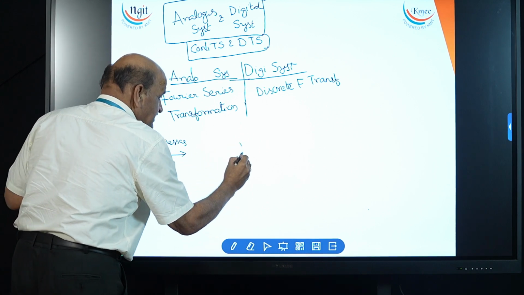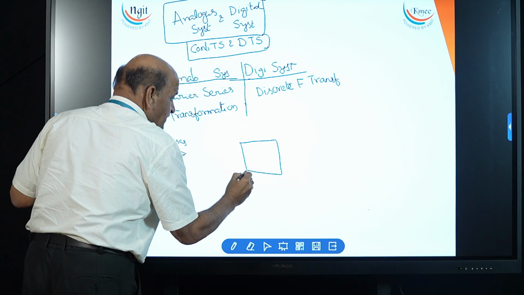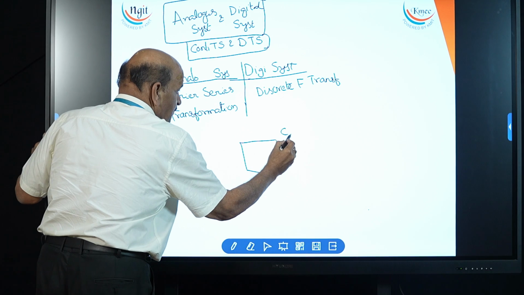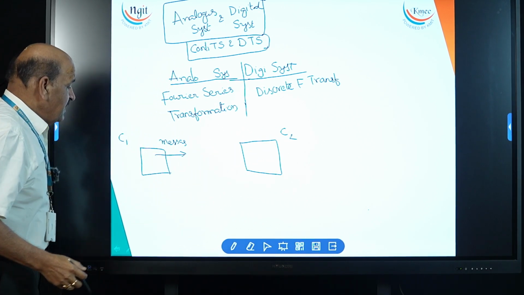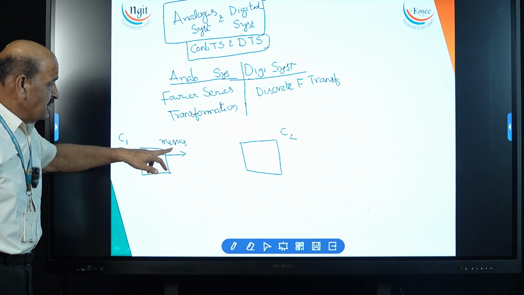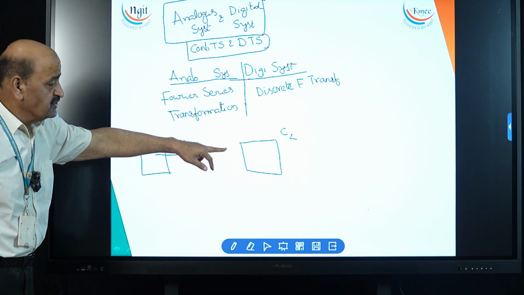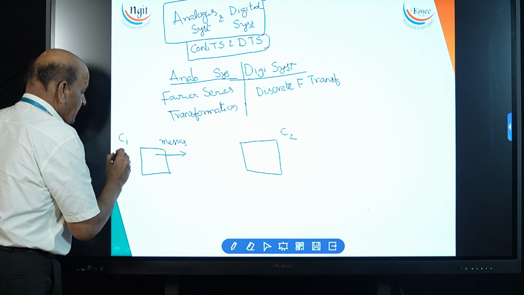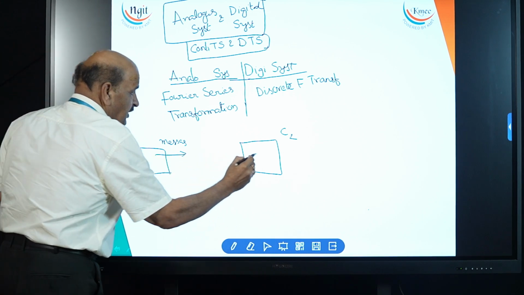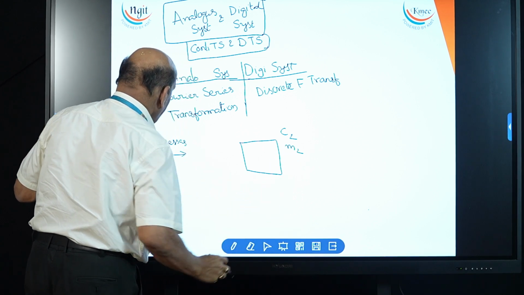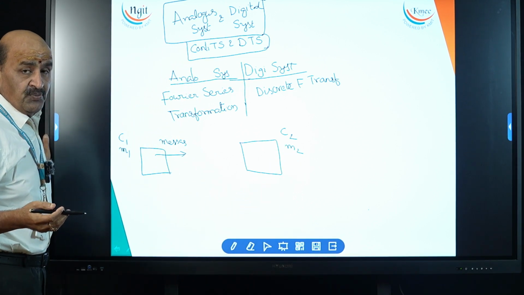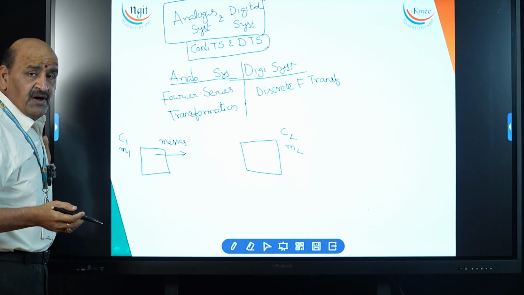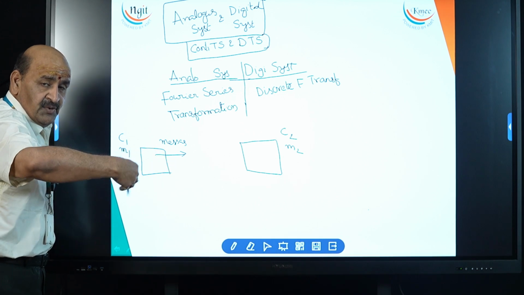This message has to reach another computer system or mobile. This is computer 1, this is computer system 2, or mobile 1 or mobile 2. These emails or messages are to be sent to that computer system, for example computer 1 or mobile 1, whatever it may be. Now, the transmission could be through cable wires, in which these two computers are within a limited location.